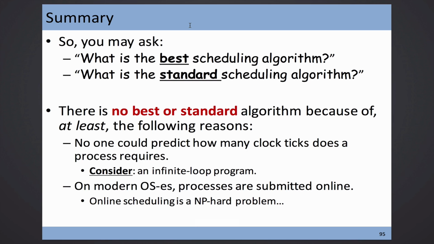And nowadays, the scheduling community is looking at other ways to do the scheduling. They want to group things to schedule. Let's say that you are doing a DVD playback, okay? So I want to group the following. I want to group the screen display process. I want to group the DVD player. I want to group the hardware so that I can bring about very good performance when you are working on this. And we call it a process group or control group. Okay, so the community is still evolving, so I cannot say what is the best scheduler or what is the standard scheduler. Kind of standard is the RR. Okay,